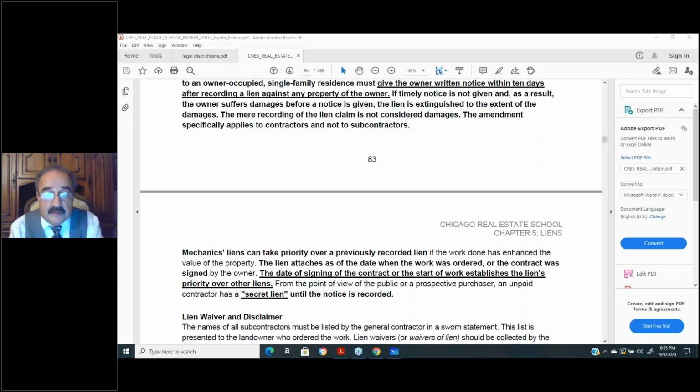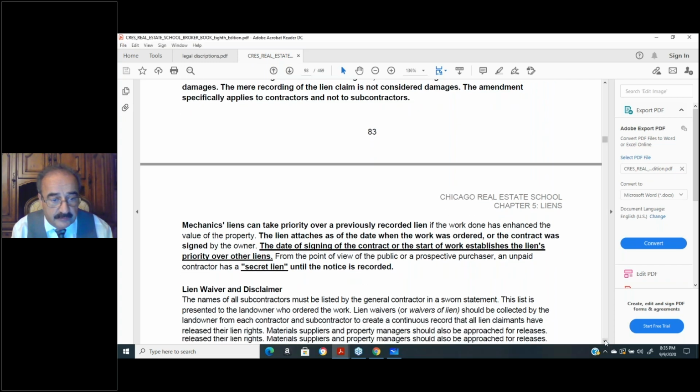Okay, I'm going to talk about a lien waiver. Okay, Timothy, I'm going to explain what a lien waiver is. Most people don't understand what a lien waiver is, and I'm going to explain that to you. Way less, just a fraction of 1% of all the people in this entire country know exactly what a lien waiver is. So let's go to that paragraph, lien waiver.